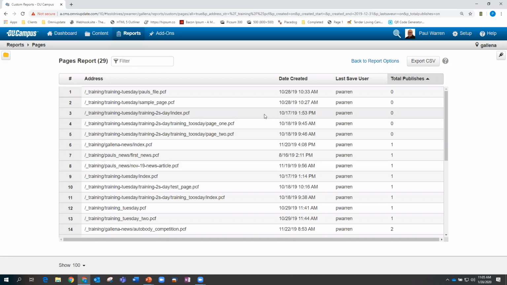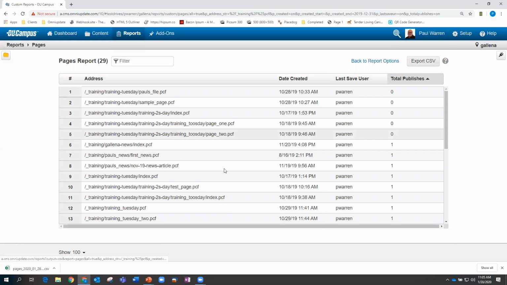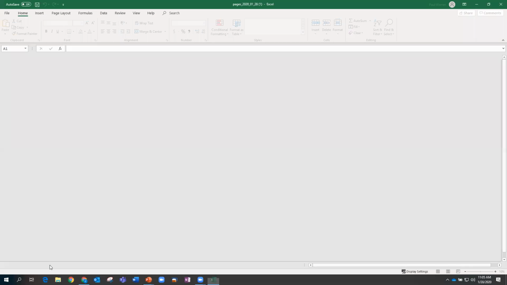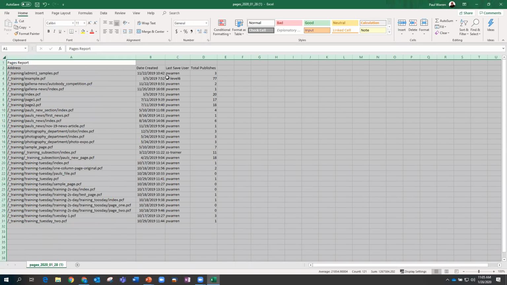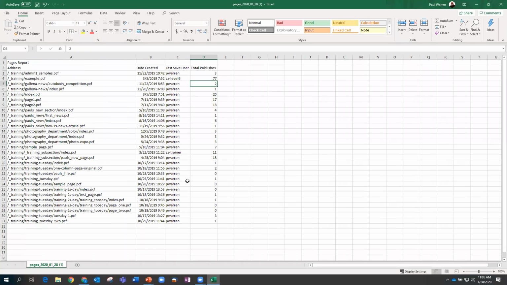The other things you can do from our reports is you can export this to a comma separated value in Excel. So it's a great way if you do want to clean up the report before you pass it on to different people, go in, filter in different ways. You can do that just by clicking on Export to CSV here. And on my screen here, it'll come up down in the bottom left-hand corner, and I can go ahead and open up Excel here. And then when I open this up, I can come in here and expand my width. And if I know how to use the filters and sorting and different things like that within Excel, I can come in here and make all kinds of changes and manipulate the data to something that I might want to